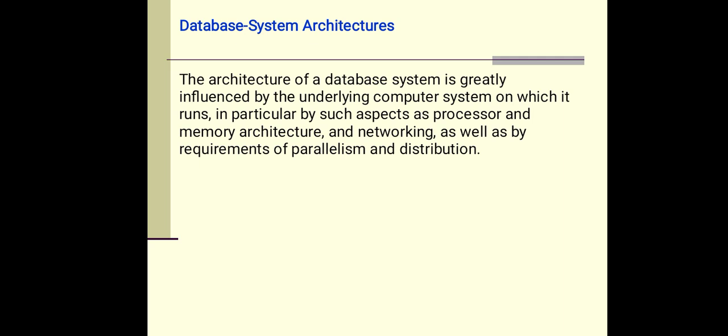Similarly, parallelism is also there. If we want to improve the performance of information retrieval, at that time the parallel architecture is used, so that all the tasks that have to be performed are executed in parallel. So that is the parallel database system architecture. It also depends upon what type of memory we have, whether we have to take the help of another memory, whether that memory is shareable or not shareable. So these are all the parameters on which database architectures may depend.